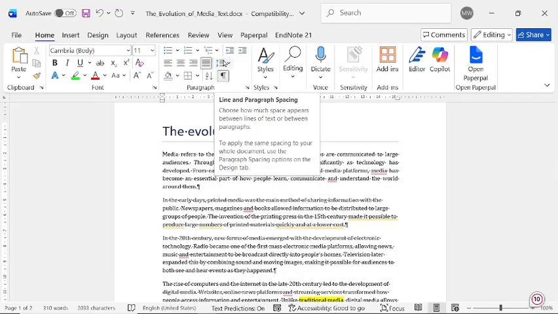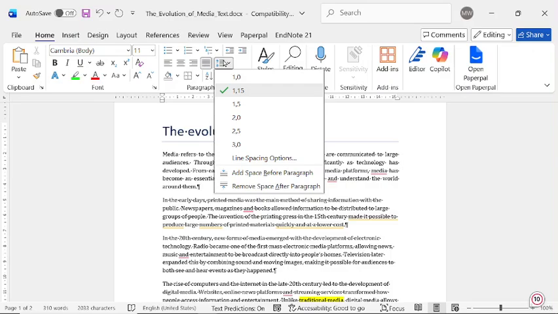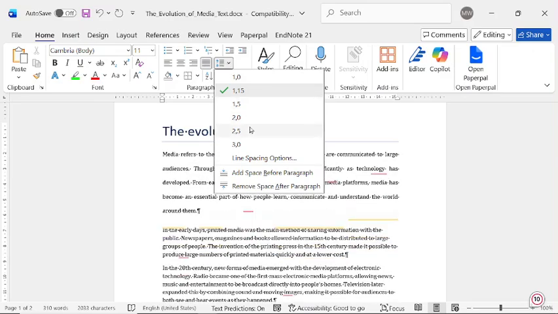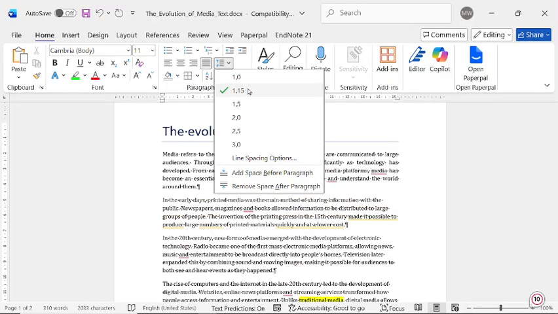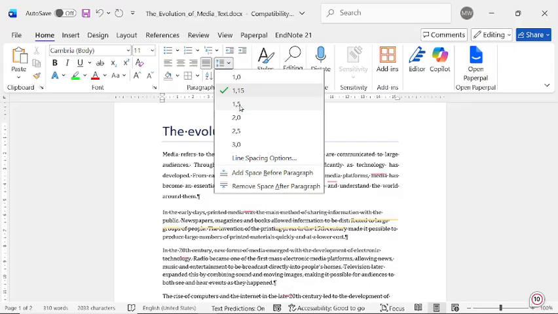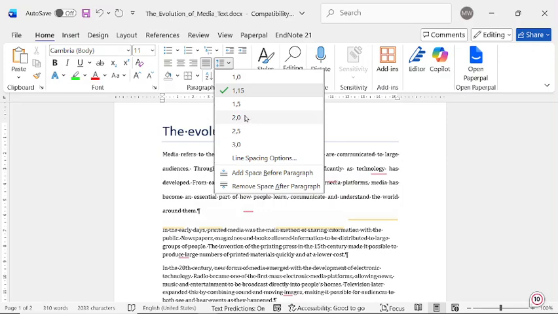Then we've got your line spacing, and this, as the name states, is about how much space there should be between each of these lines. Now currently it's 1.15, which means that however big our font is, which currently is 11, if I were to now go 1.5, that just means that the space between our first line of text and our second line of text is 11 times 1.5. If I were to go here, the space would be 22 points, and so forth and more.